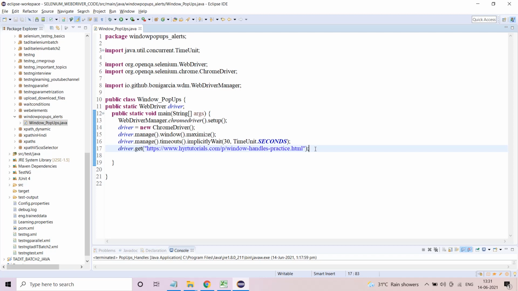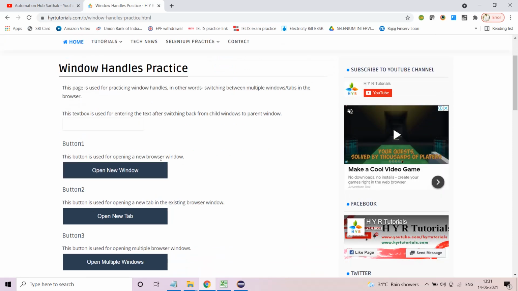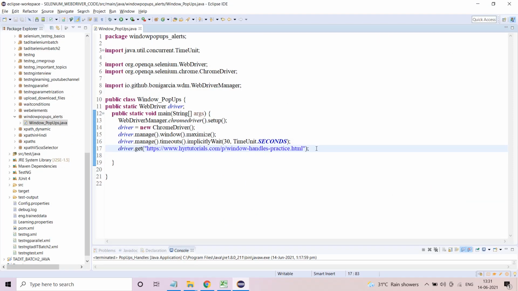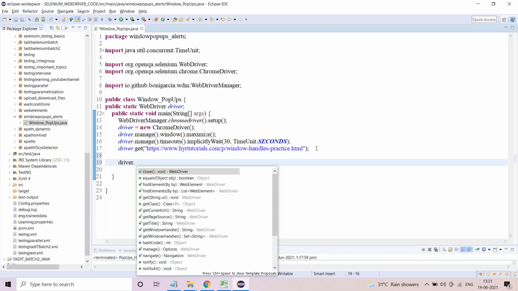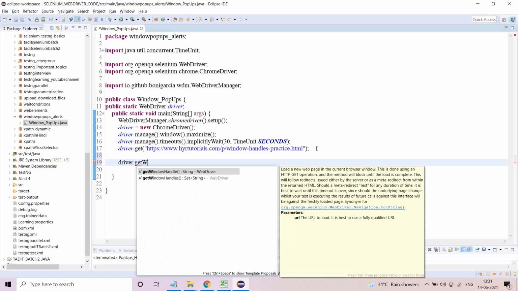Now, the next part is you need to know, as I told you, this is the parent window. So the browser will open this. First and foremost, let me explain like this. Driver dot, there are two methods.